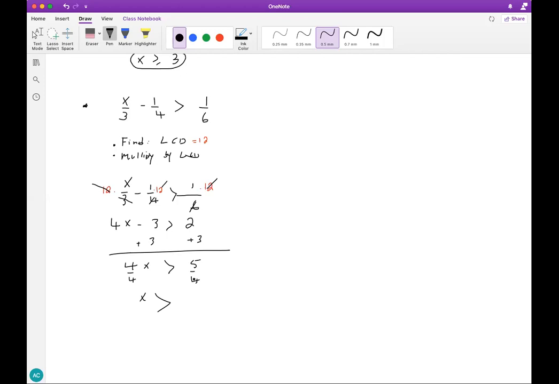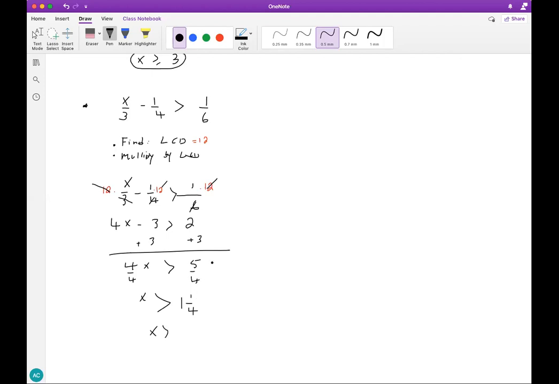So 5 over 4 is 1 and some change. If you turn this into a mixed number or into a decimal, 5 over 4 is 1 and 1/4, right? So you turn this improper fraction into a mixed number: 1 and 1/4, which as a decimal is